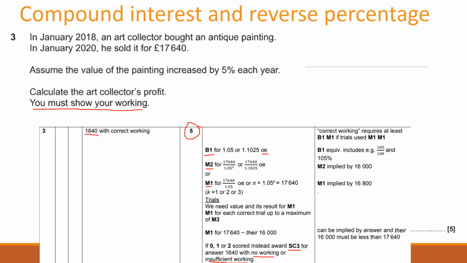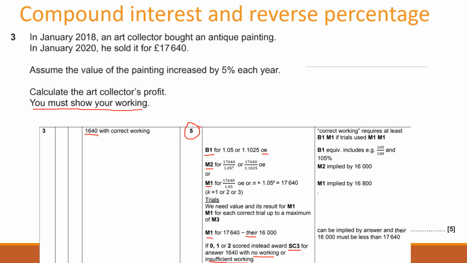And then there is a method mark for subtracting your new amount, take away there. Now the word there means if you made a mistake working out the original amount, then you can still get a method mark because you use your number rather than the 16,000 that it should be. So it just means you can still get a method mark for doing the subtraction, which brings you to the